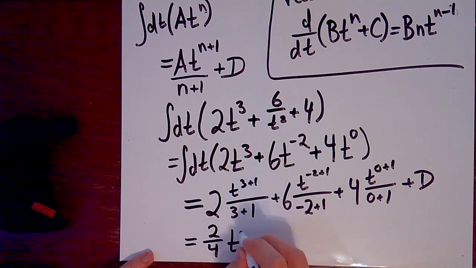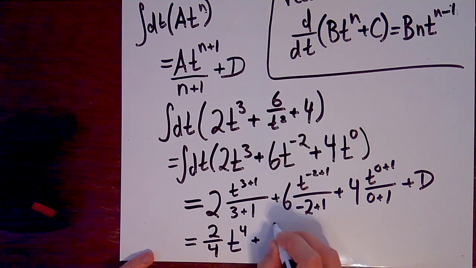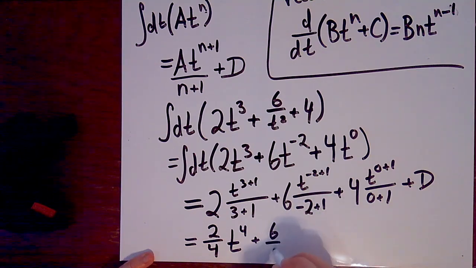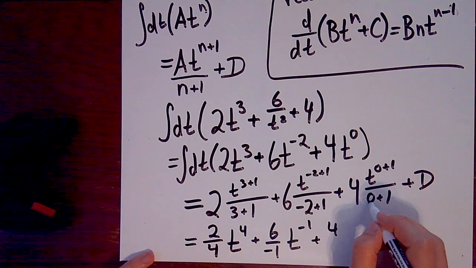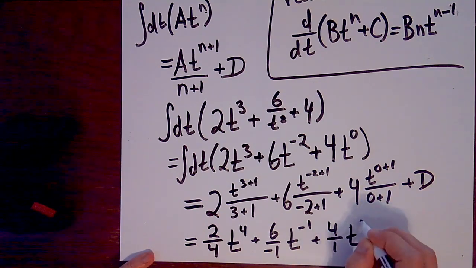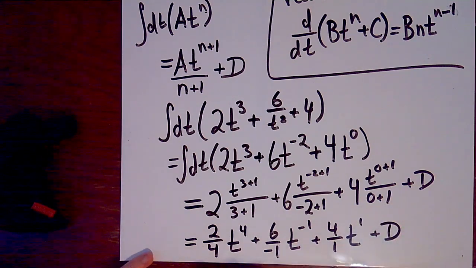T to the 3 plus 1 is t to the 4, plus 6 over negative 2 plus 1, that's negative 1, t to the negative 1, plus 4 over 0 plus 1, that's 1, t to the 1, plus the constant that we don't know,